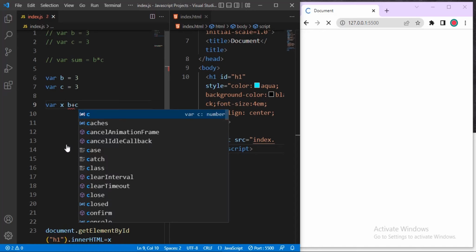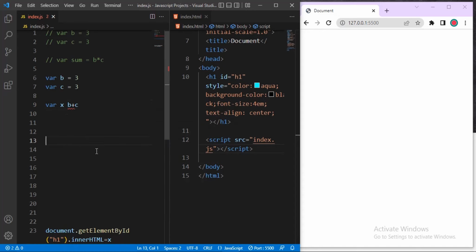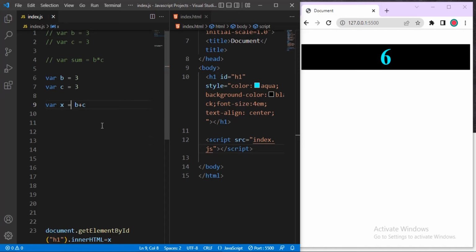Okay, why is it giving me this error? Var x, I'm supposed to put an equal sign here. Okay, yeah, that's what I missed. So you can see now this operator, plus, is the addition arithmetic operator. It just adds the content of the two variables together. Okay, so the next one I'll be using is